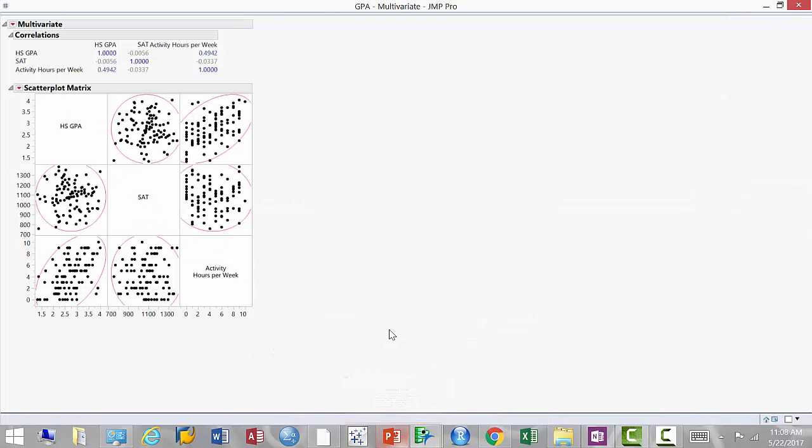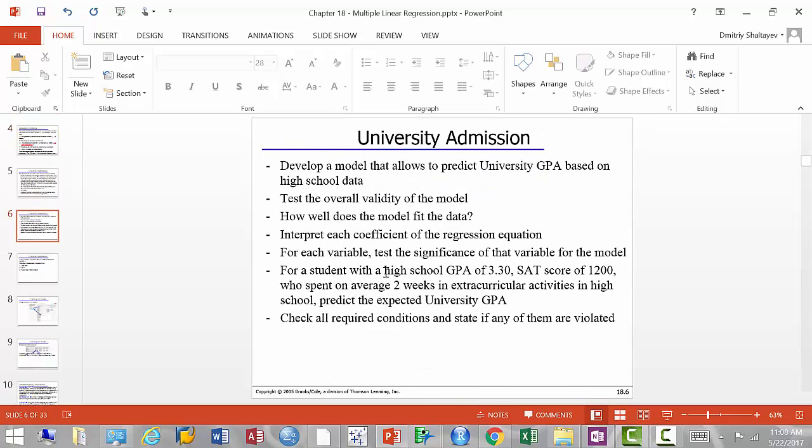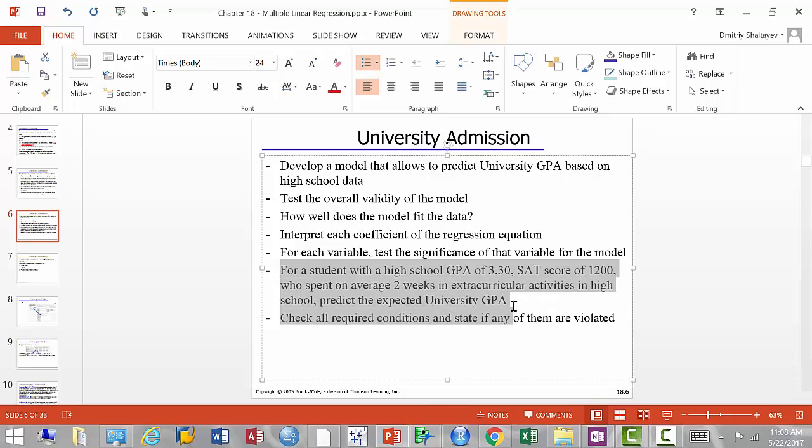So let's do that. Okay, hold on. What was the last question that we did not address? This one, right? Suppose you have a high school student who applied to the university. So they have a high school GPA of 3.3, SAT score of 1200, and 2 weeks in extracurricular activities. Should we accept this student or should we not accept? That's the decision that the admissions office has to make, right? So in other words, we have to predict how well that person will perform at the university, right? So let's go ahead and use